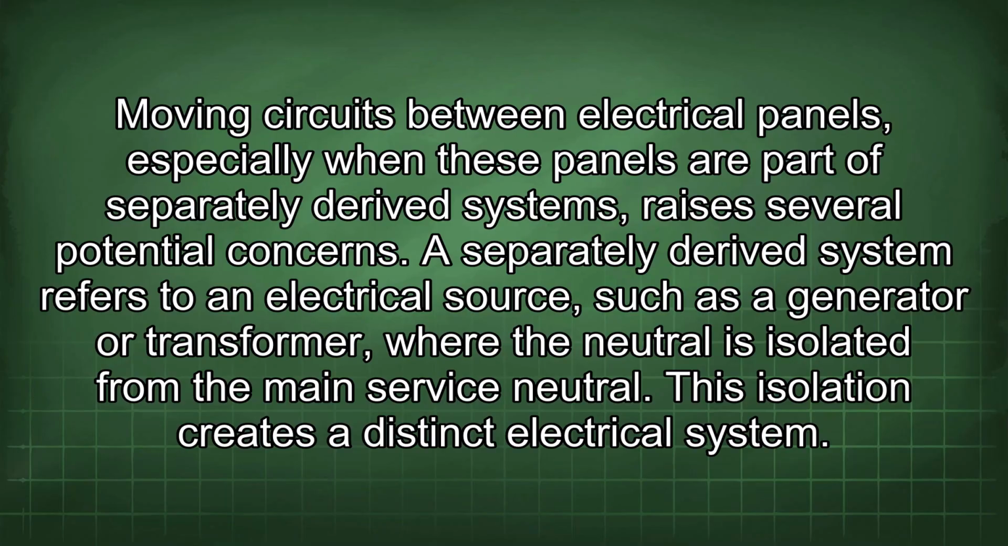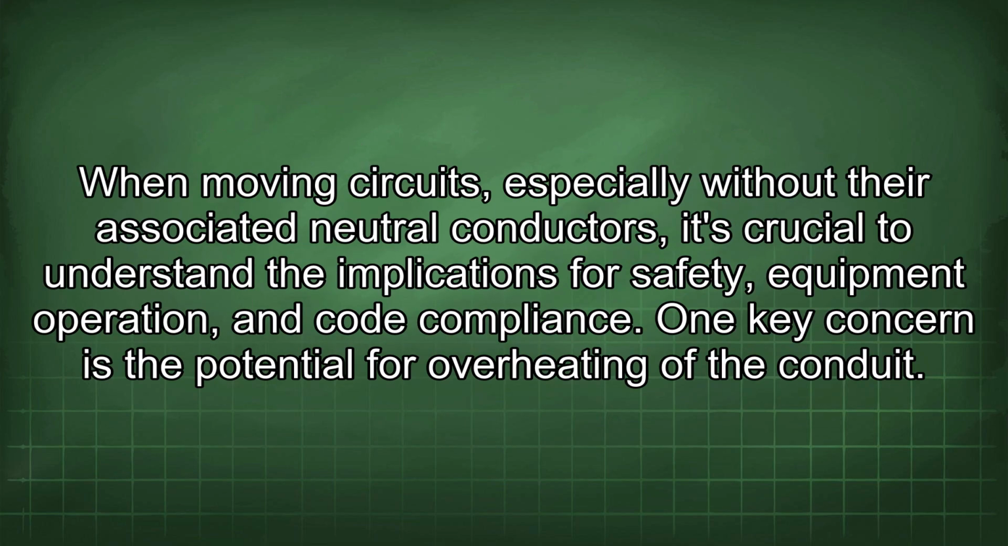Moving circuits between electrical panels, especially when these panels are part of separately derived systems, raises several potential concerns. A separately derived system refers to an electrical source, such as a generator or transformer, where the neutral is isolated from the main service neutral. This isolation creates a distinct electrical system. When moving circuits, especially without their associated neutral conductors, it's crucial to understand the implications for safety, equipment operation, and